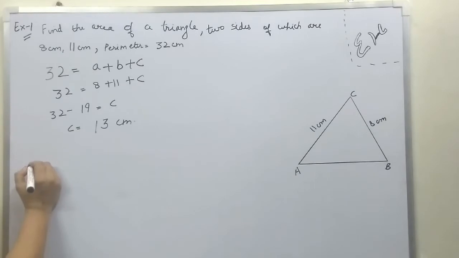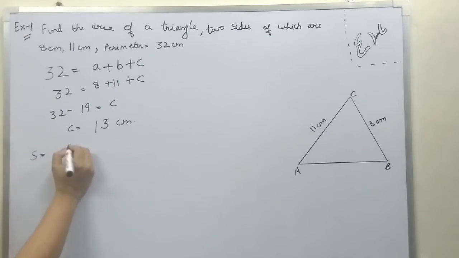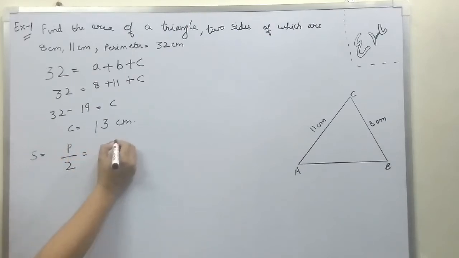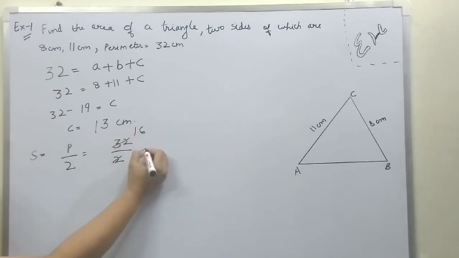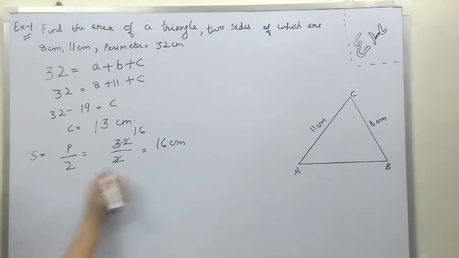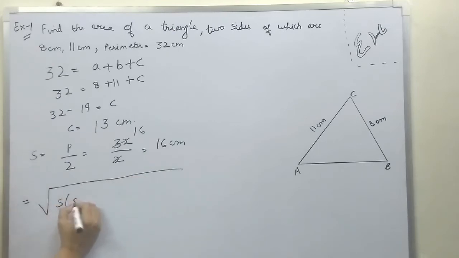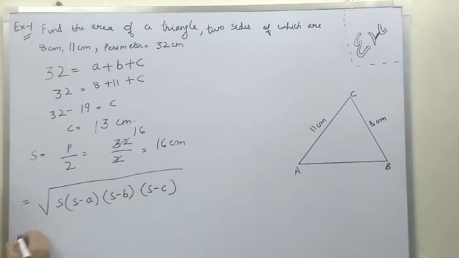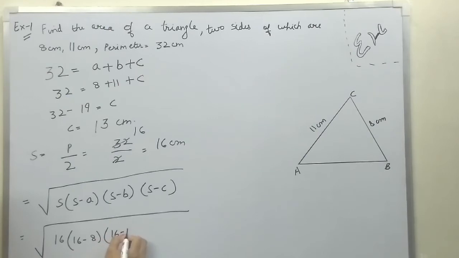Now we will apply Heron's formula. First we will calculate s. s is perimeter by 2, that is 32 divided by 2, that is 16 centimeter. Now you will apply the formula, square root of s into s minus a, s minus b, s minus c. That will give you s is 16 into 16 minus 8, 16 minus 11 and 16 minus the third side,